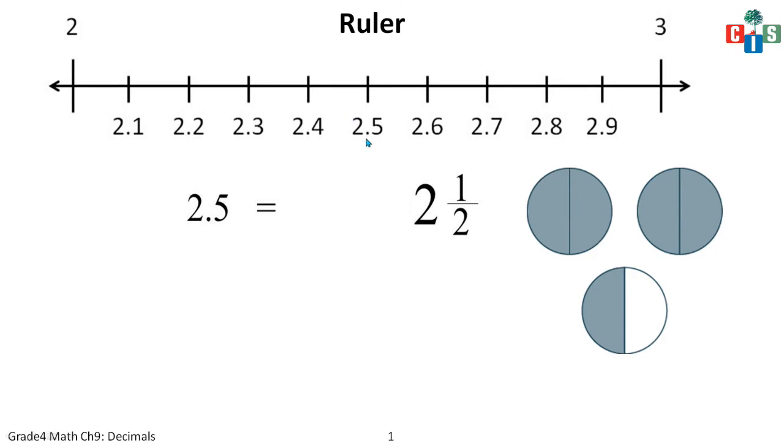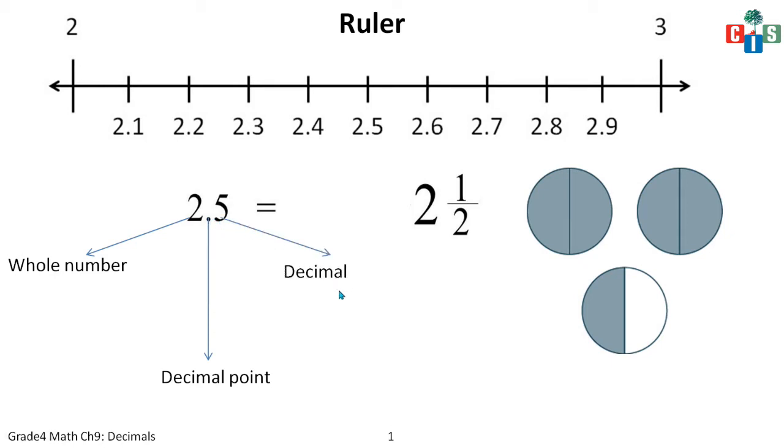So this is 2.5 here. What exactly is 2.5? Before the decimal point it is known as a whole number, because 2 is the whole. 2 centimeter पूरा और उसके ऊपर 5 points. This is 1 point, 2 point, 3 point, 4 point and 5 point. So this is the whole number and then you have a point, that is the decimal point, and decimal point के बाद वाले numbers को क्या कहा जाता है? They are known as decimals. Once again, before the decimal point it is known as the whole number, after the decimal point it is known as the decimal, and it is read as 2.5.